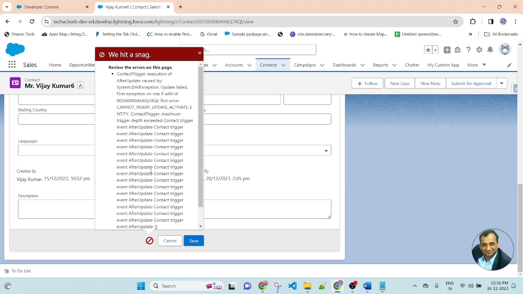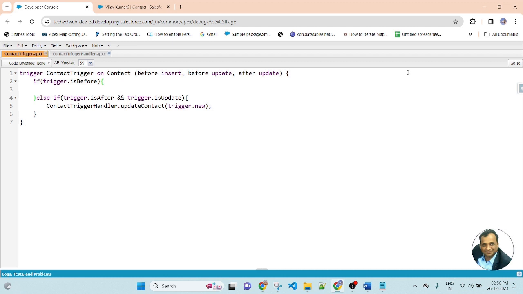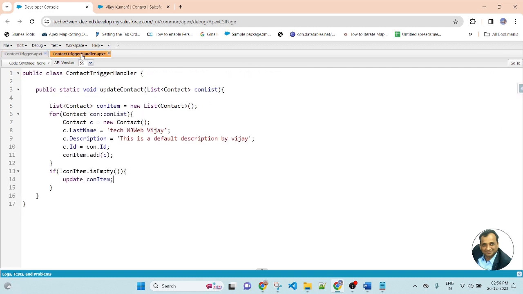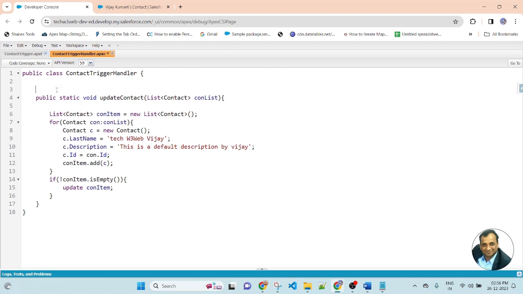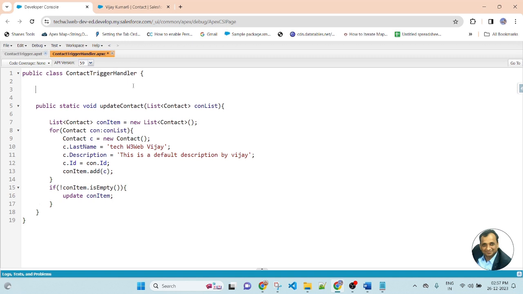So friends, in this case, we will create a public static boolean variable, and before calling the Apex class method of the trigger, we will check the static boolean as false. Now let me execute in the trigger. To avoid the recursive trigger calling my function again and again, first let me create a public static boolean variable inside the controller. Before this method, I am creating another public static boolean variable.